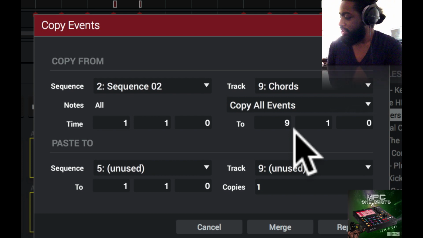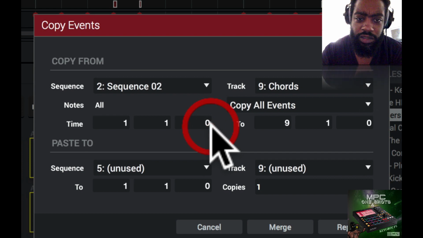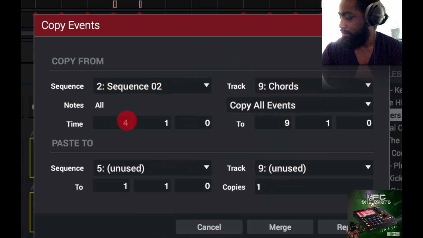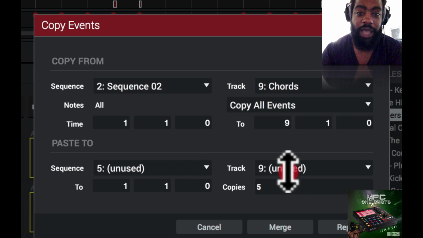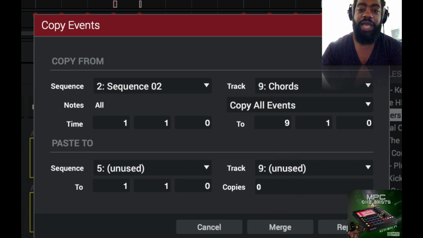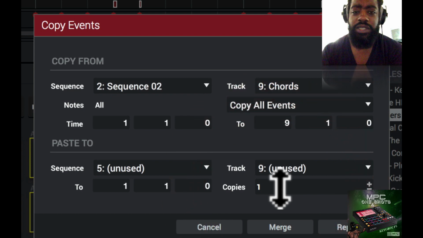Now you could change the ticks or the time, right? How many copies do you want? I only want one copy, but you could make it as many copies as you want. You could even put 0. I don't know why you would put 0 copies. All right, and then